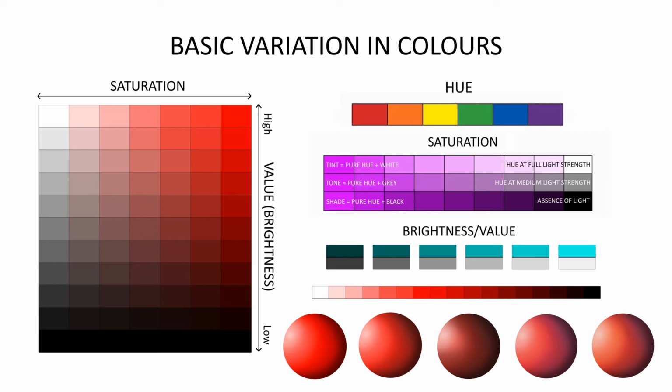This is because in natural sunlight, generally everything reflects a warmer colour due to the sun appearing slightly yellow. So when the warm sunlight is absent in a shadow, what is left appears cooler. So this is due to our brains creating an illusion where the shadow appears to be of an opposite temperature of colour to the highlight. So this also applies to cool light situations where the shadows will be warm. So this can be further understood using colour harmonies. But before I mention colour harmonies, I'll just